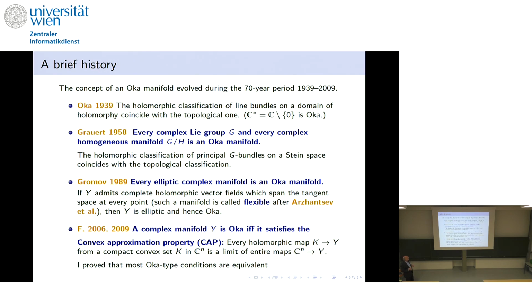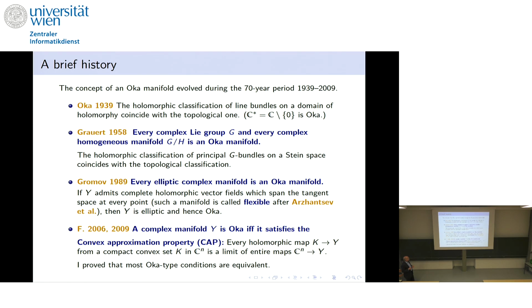So here is just a very brief history, only the key things which happened. Oka in 1939, this was one of his first papers. He showed that the holomorphic classification of line bundles on the domain of holomorphy coincides with the topological classification. In modern language, you could say that he really showed that C star is an Oka manifold. Of course, Euclidean spaces are, but